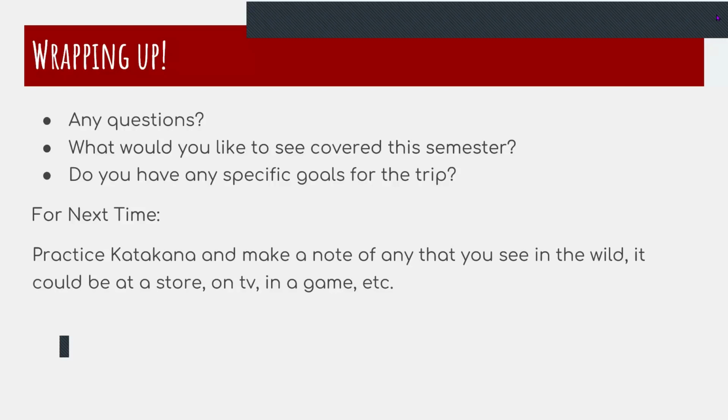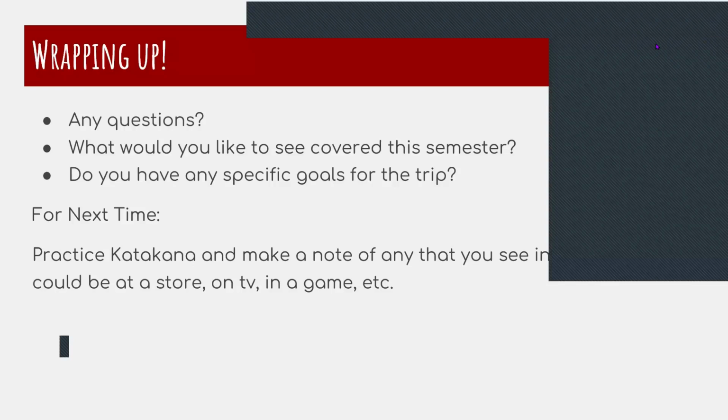And then for next time, I would say, practice your katakana. If you want to, look through these words or look up a list of other words to practice. And maybe you might see some in the wild. Like I know I see shirts all the time that will just have some Japanese on it. And I take the time